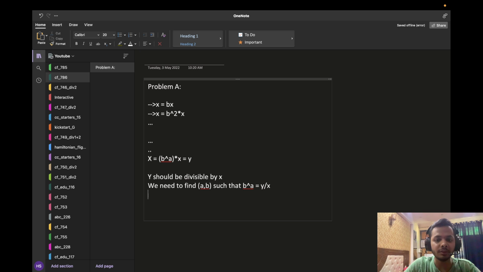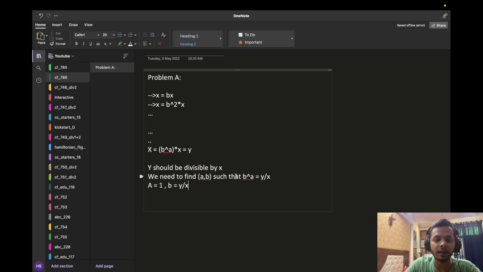And a very simple solution for that is to take a equals 1 and b equals y upon x. Then we'll just have y upon x raised to the power 1, which is obviously equal to y upon x. The only condition that needs to be satisfied is that y upon x should be an integer,